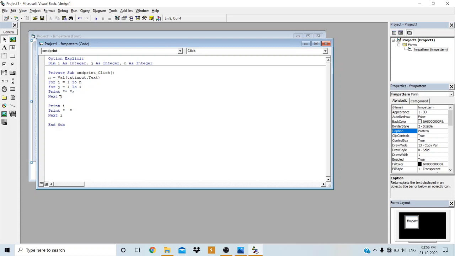Next after that the jth loop has to be repeated. So j will be incremented by 1 again because of the step increment value. So j now becomes 2. So it will check the condition whether 2 is in between 1 to I. What is the value of I now? I is 2. So it will check whether 2 is in between 1 to 2. Yes, 2 is in between 1 to 2. The condition is true. Again, it will print the star symbol.